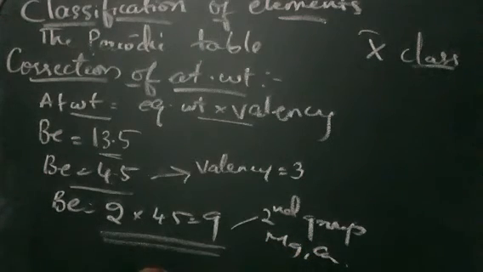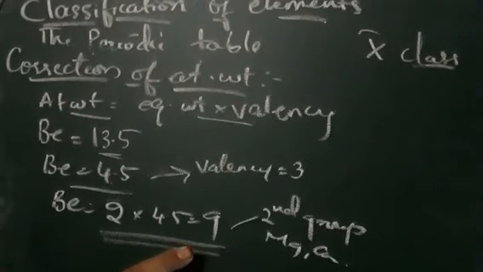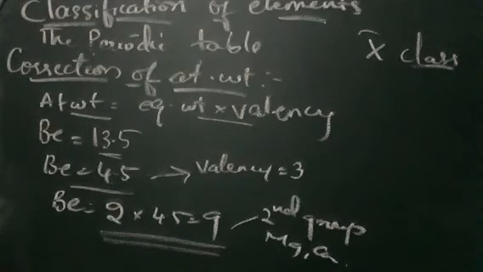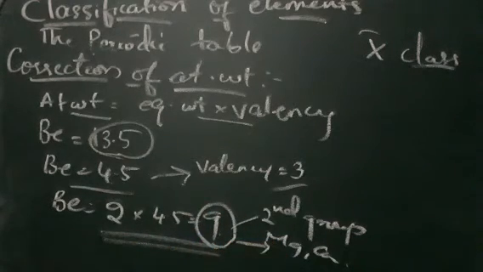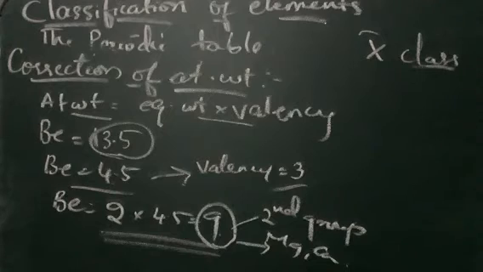So then he thought that its atomic weight was not correct. First it was 13.5, because they thought the valency is 3. Then when they took the valency as 2, they found it as 9, which again matched magnesium and the other chemical properties of the elements present in the second group. Similarly they did this with other elements also, and they tried to correct all the atomic weights of all the elements, and they settled the elements in their proper respective groups.